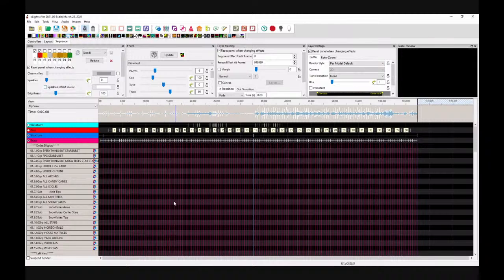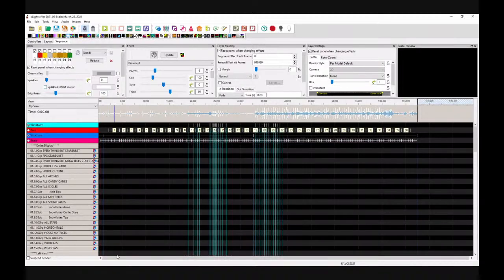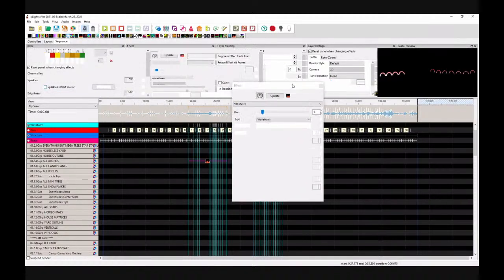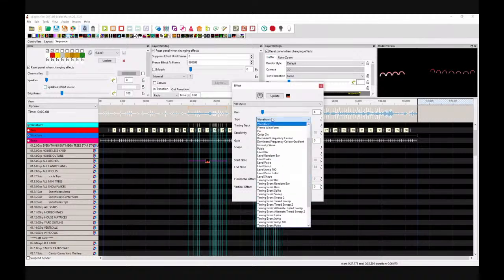Now, let me give you an example of why something like that might be handy. I've got my general structure. Let me select the waveform. I'm going to take the beats off here. And I'm going to go down to my arches. I'm going to put in the VU meter on the arches, like that right there. And on that VU meter effect, I'm going to select the timing event alternate